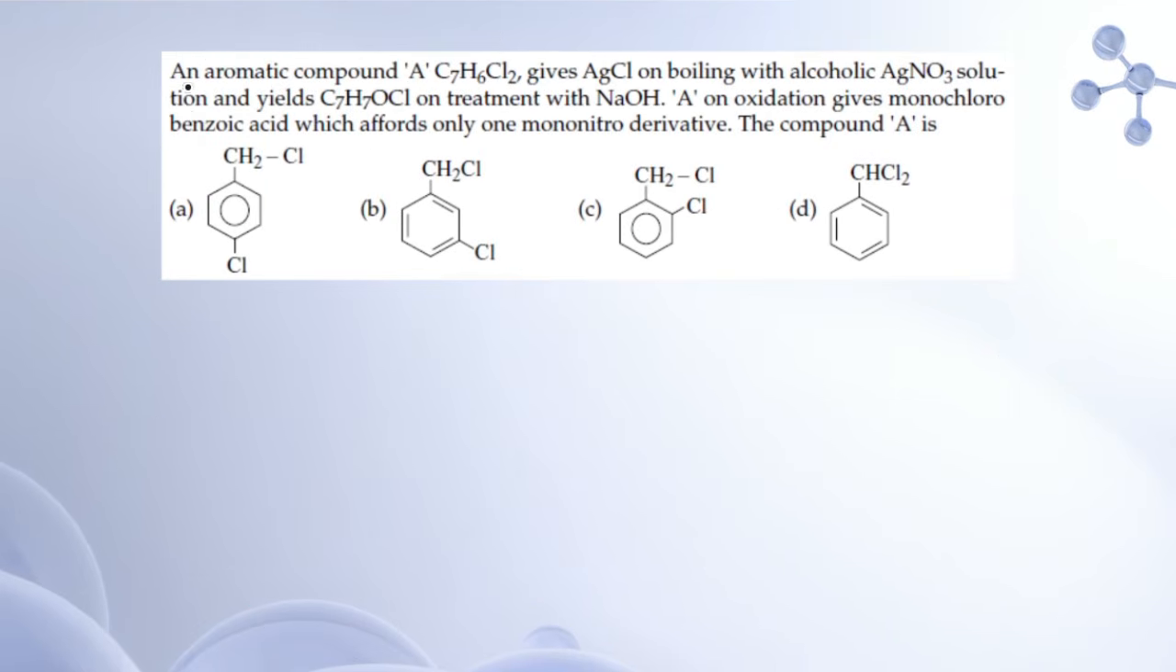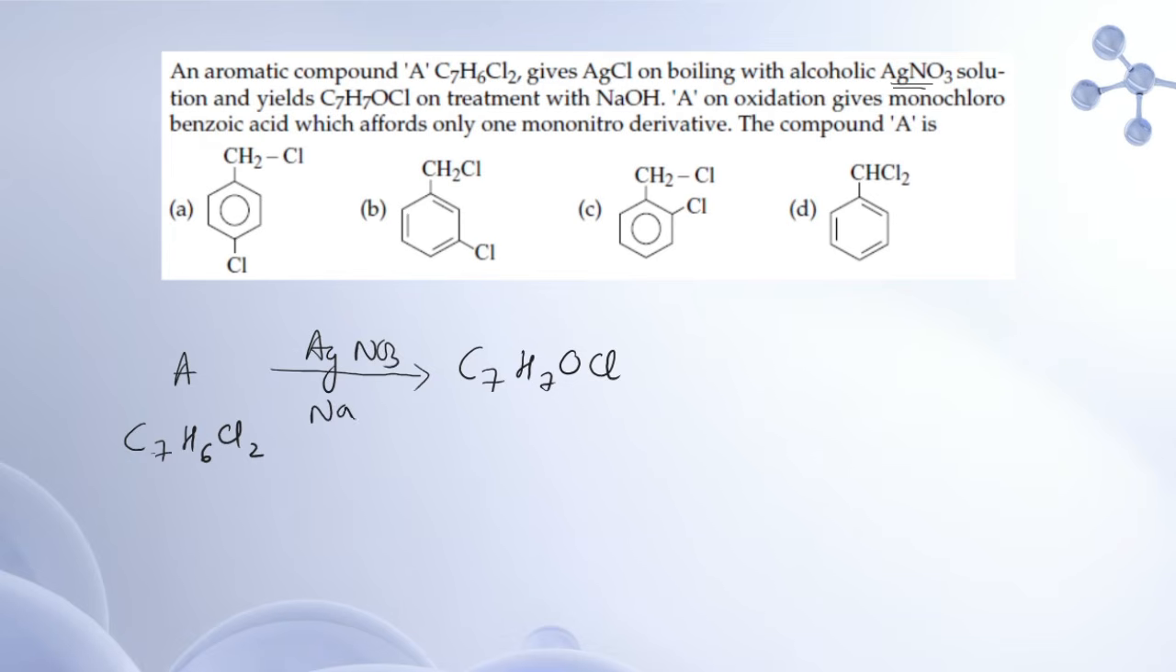For the second question, an aromatic compound A with the molecular formula C7H6Cl2 gives AgCl on boiling with alcoholic AgNO3 solution, which will yield C7H7OCl on treatment with NaOH. That means AgNO3 followed by NaOH will give this organic compound and the byproduct is AgCl. So when this AgCl white precipitate is formed, remember, whenever there is a halogen attached to the aliphatic